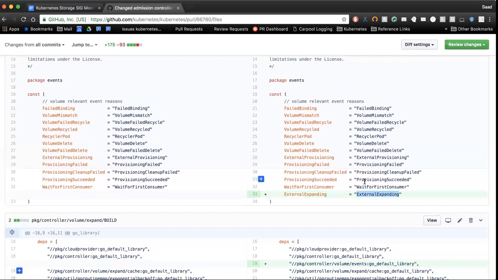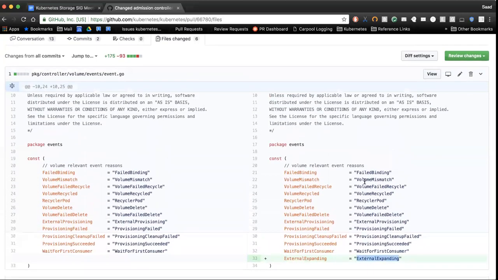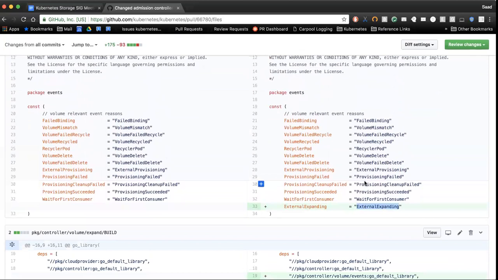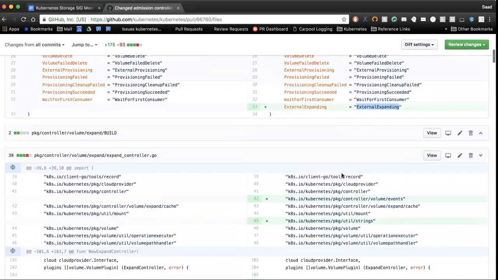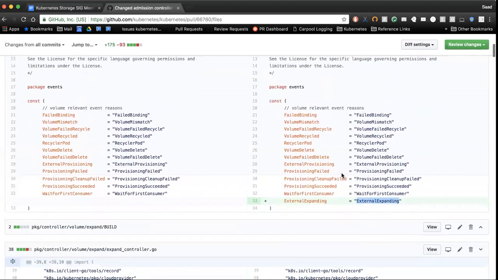And so the idea here is you're extending the list of possible volume events, and who would trigger the event? Would it be the external controller responsible for it? No, it's the user. So the user changes the PVC size, and that change in the PVC size gets detected by the admission controller.